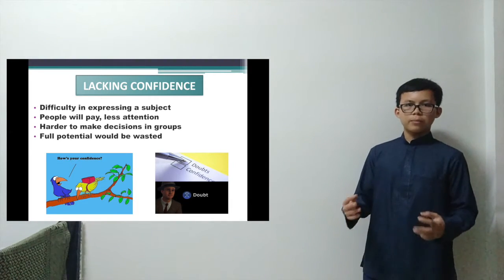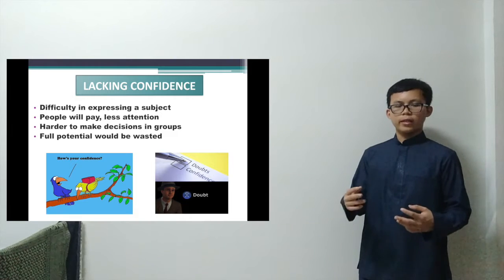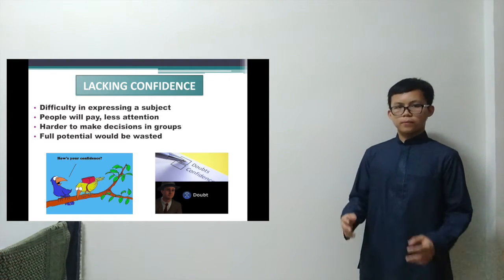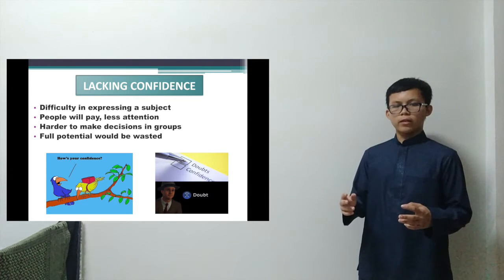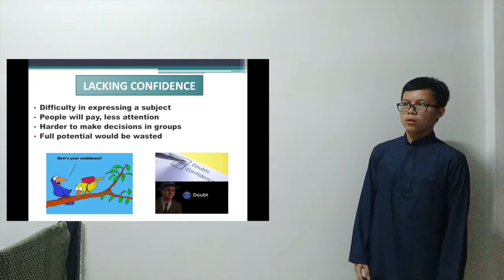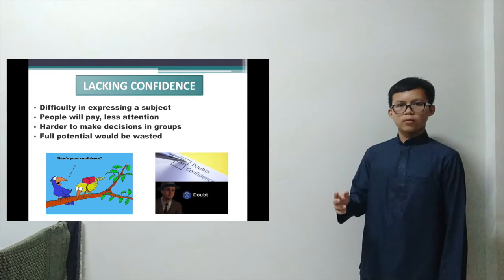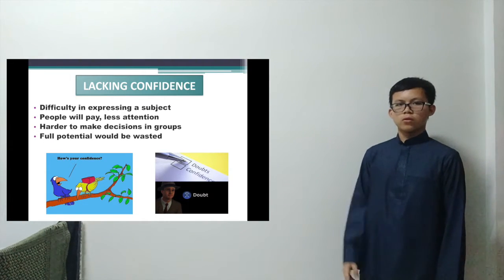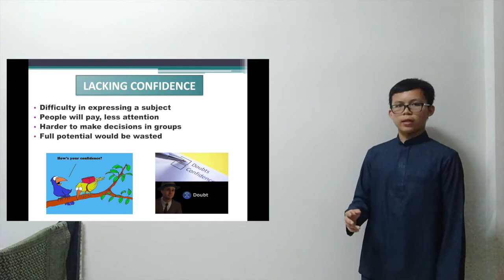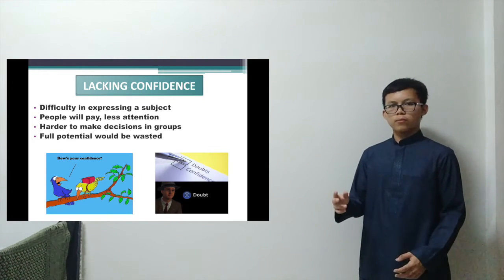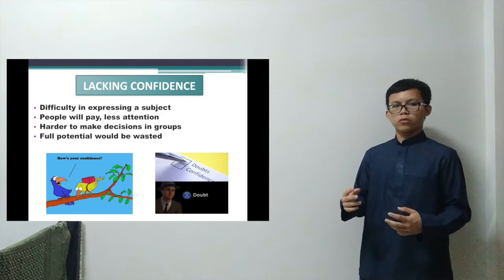This is especially important when communicating with your group members, because you need confidence for making group decisions with your group members. When you lack confidence, your group members can easily have less trust in you. So whatever you are doing, like projects, will not have the outcome that you wanted or your group wanted.